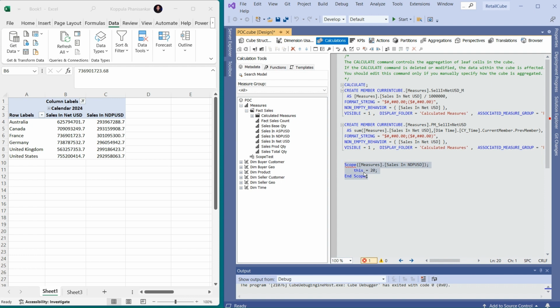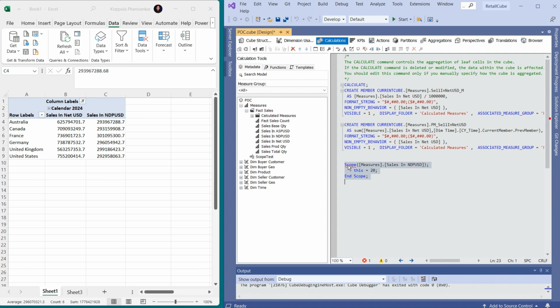Now what will happen in the backend architecture? In the main cube, where we have sales in NDP USD, we have valid records, which you can see on the left side. When the script is executed and comes to this level, if the scope is parsed, it will create one more subcube for sales in NDP USD, and then display the hard-coded value of 20. Since it's mentioned last, the scope function will always execute in the last part of your calculated members. We need to keep our scope function always at the end of our calculated members,